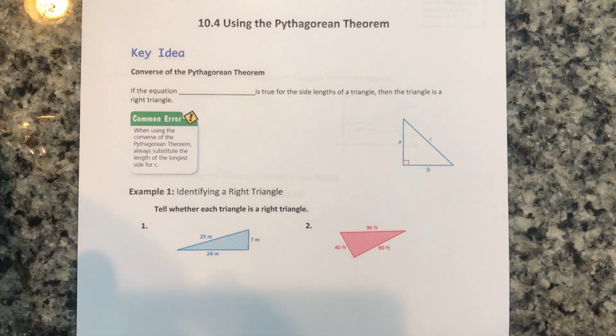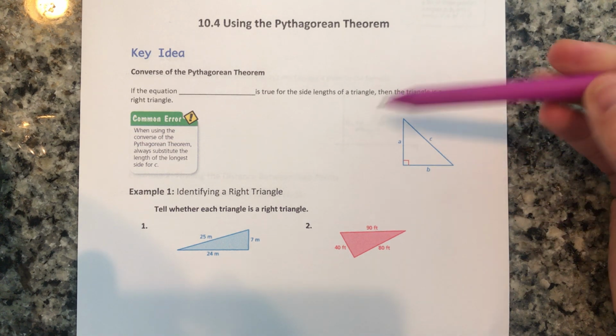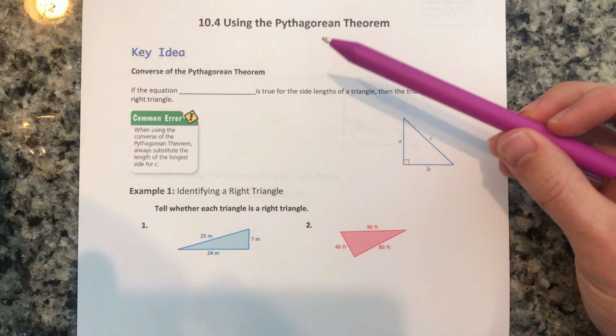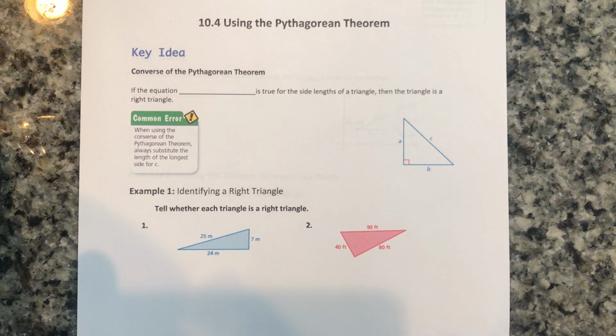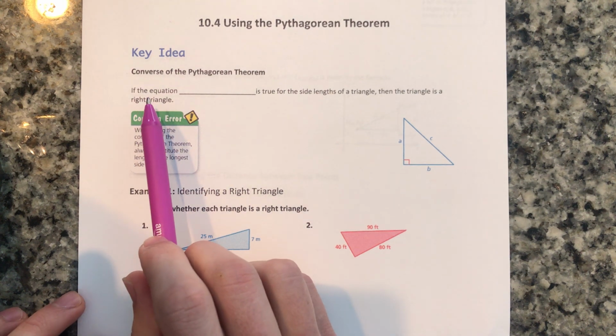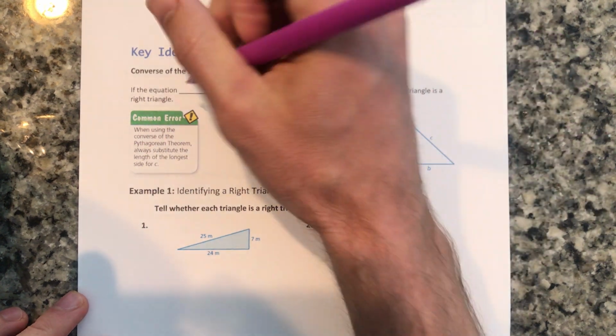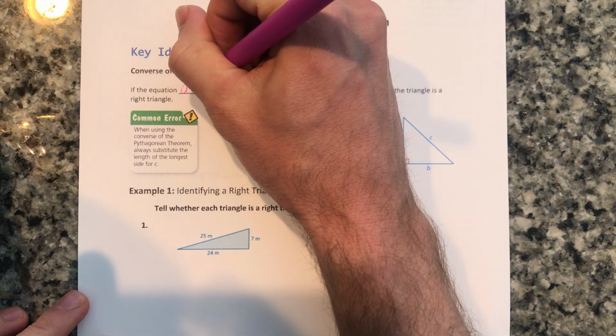All right, you guys, so this is 10.4, and we're going to be using the Pythagorean theorem to prove whether something is a right triangle or not. We are also going to use something called the distance formula to help us find the distance between 2 points in the coordinate plane. So, right here, the converse of the Pythagorean theorem is if the equation a squared plus